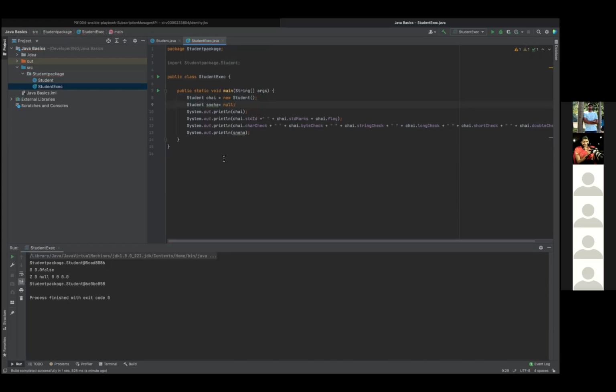And can you execute it? So right now memory is not created for Sneha object. So that is why you still see null. If your object is created, you can see an address created in your heap memory. So the other things, whatever you created as part of data types, are primitive data types. So those all are keywords.